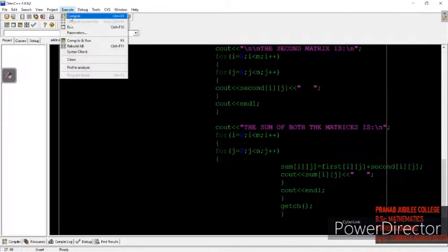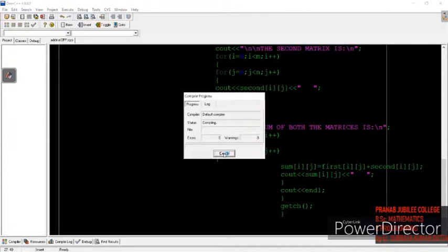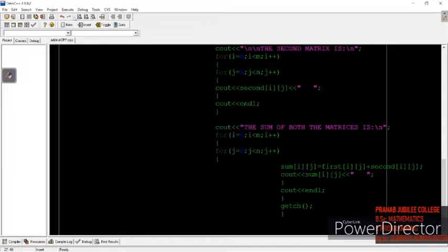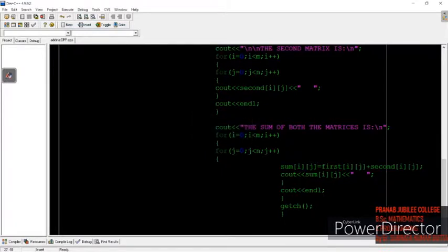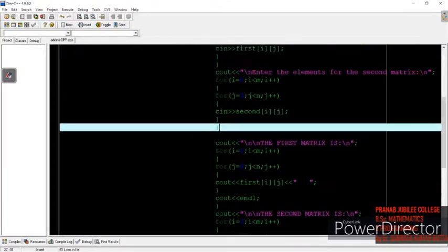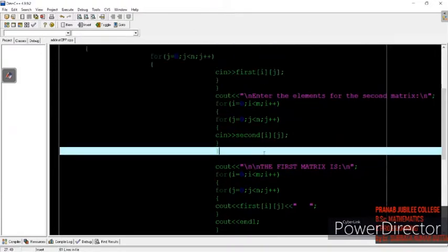Alright, now let's compile once more, taking time with patience. Okay, done. Let's run the program. Okay, so again it's showing some kind of error.